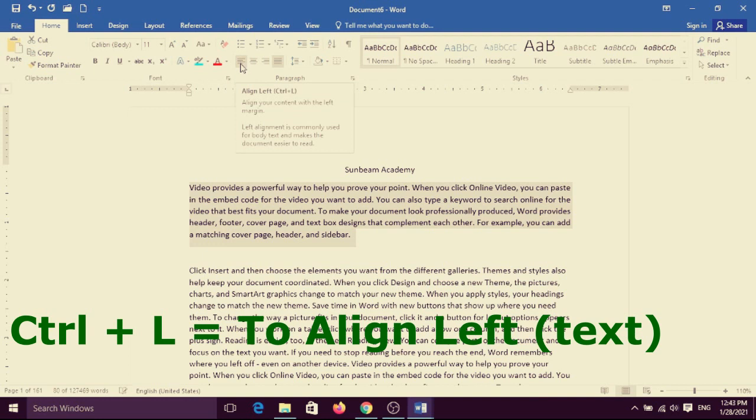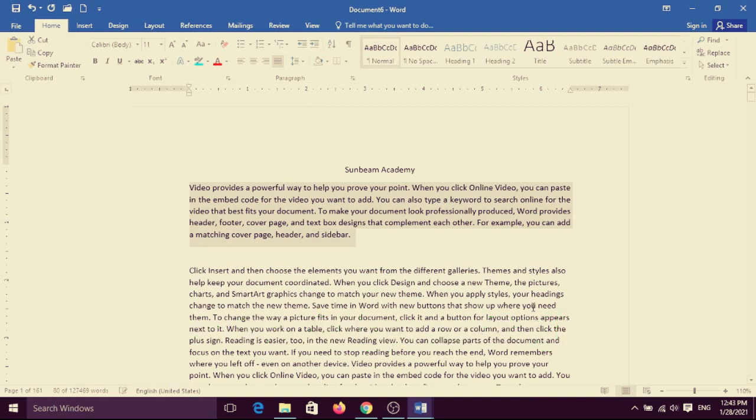These are the shortcut keys for this alignment. Maybe you have understood how to give the alignments of the selected text or selected sentence or paragraph.